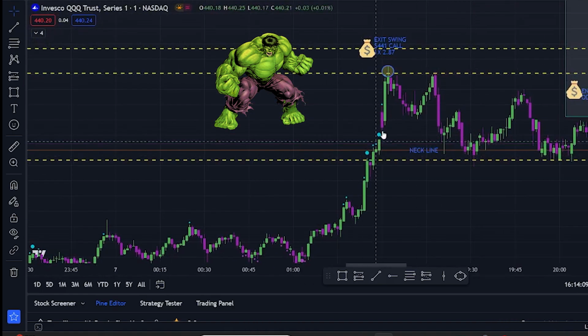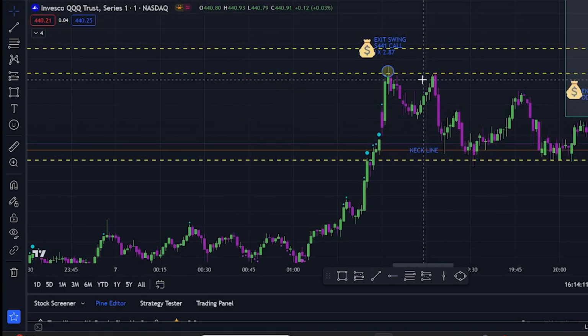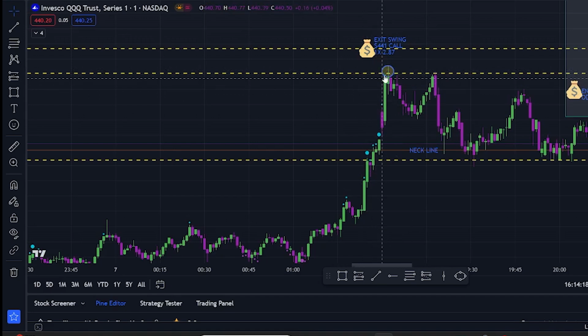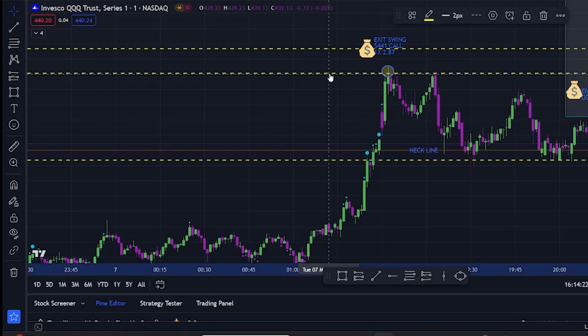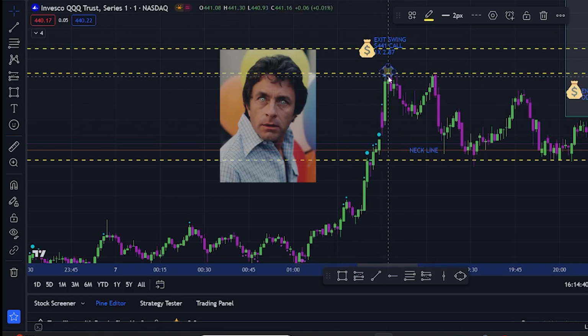And like I told you guys on Monday, I was hoping for this to get close to this 442 level that I indicated yesterday in the video, and it did, and I got out right around this point. So I got in at 199, and as you guys can see here, I end up exiting the swing at 287. So on this, I made $88 profit.